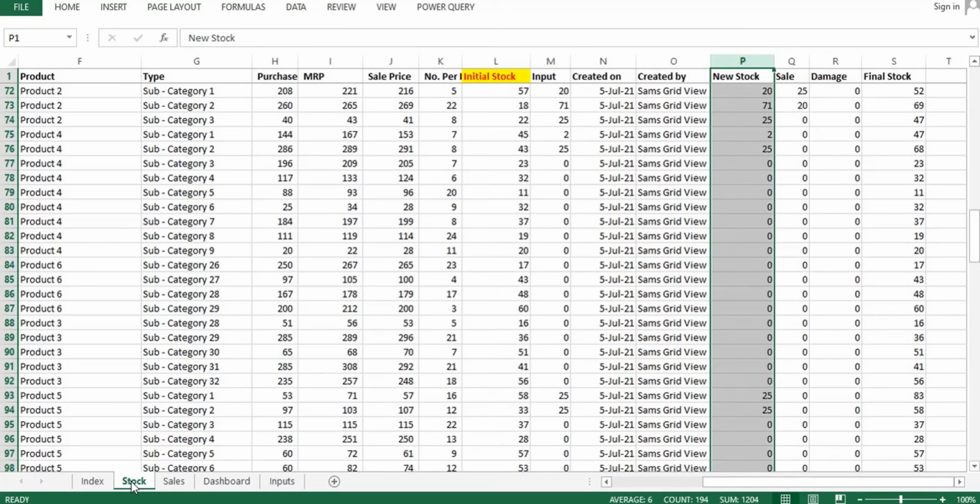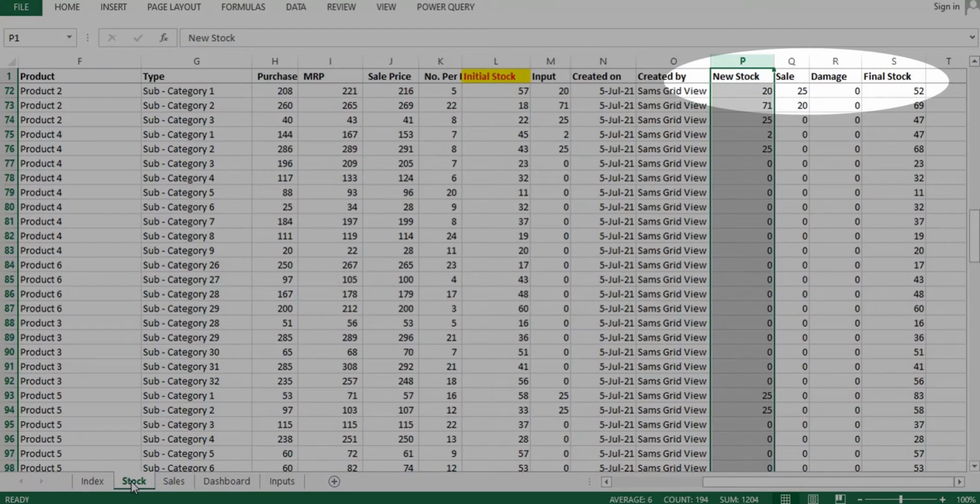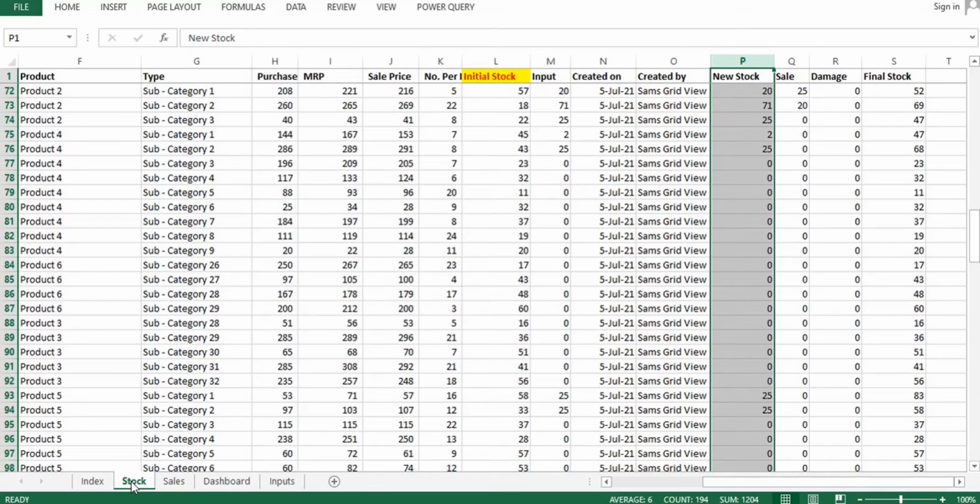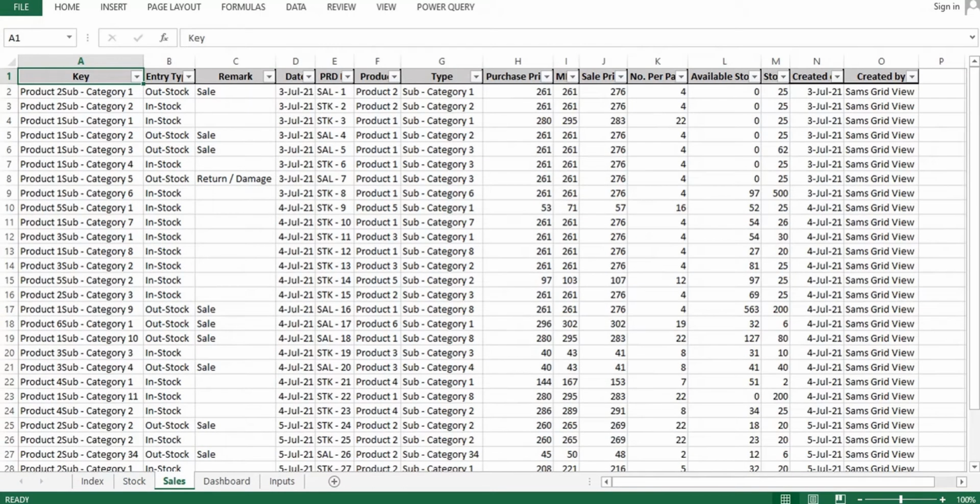A stock database will have the list of all the stocks you are maintaining with their final stock information, so that it will tell you how many stocks are pending, and whether you have to procure, or sell, or where you have to concentrate. This will give you high level information on that. The sales database will carry all your data entered information here, and it can be differentiated into two layers. One is in stock and out stock. In stock is your procurement and out stock is your sale or return.